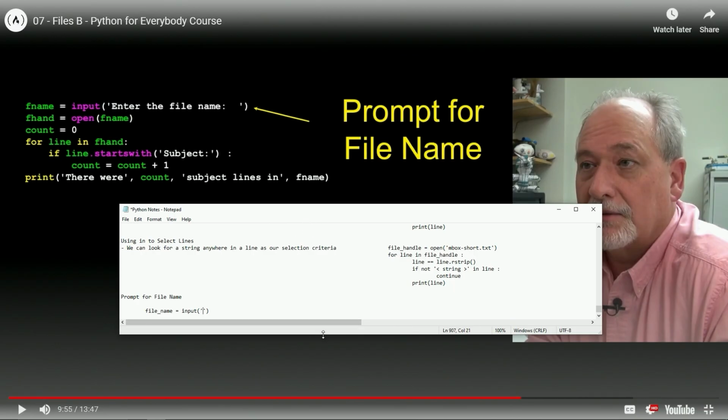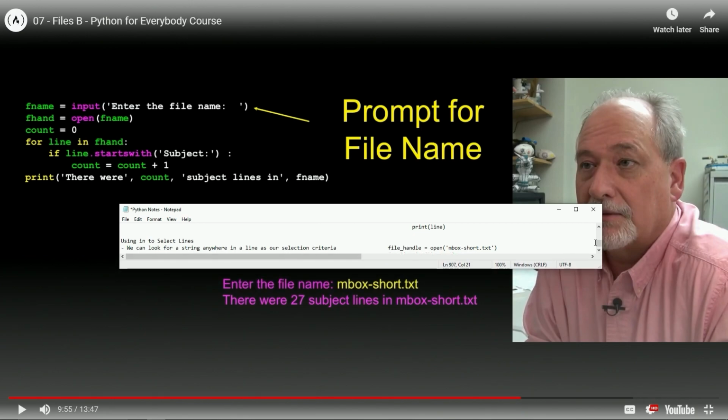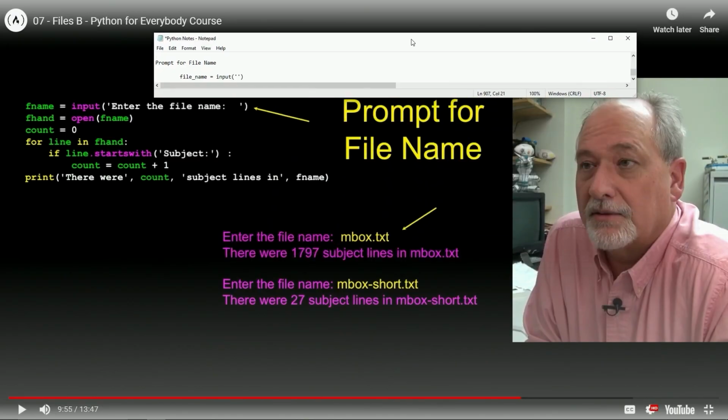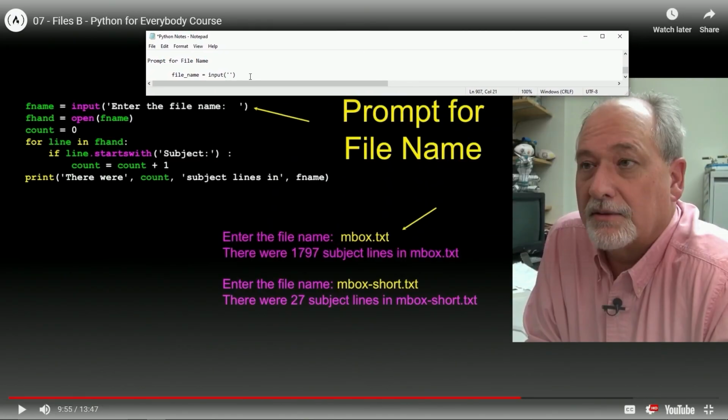Let's shorten it up, bring this down and put it up here. All right, there we go. File name input, and then we'll say enter the file name, like this.